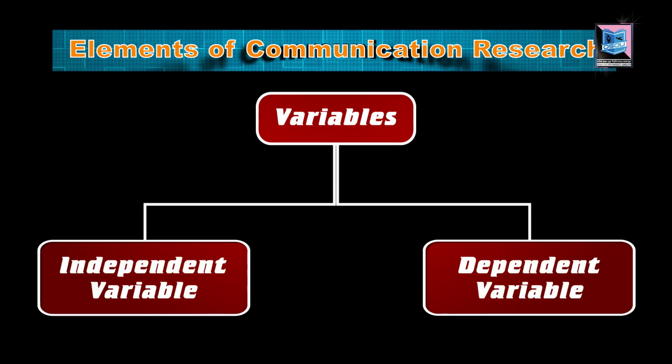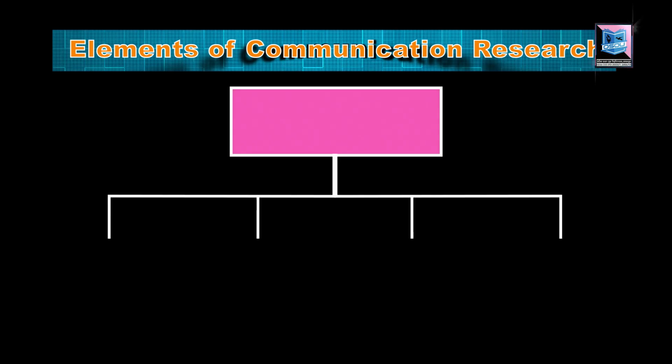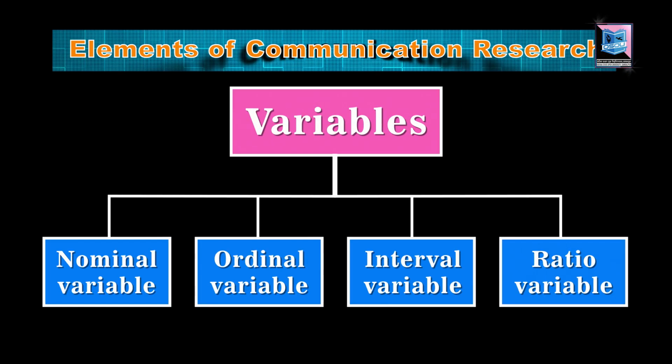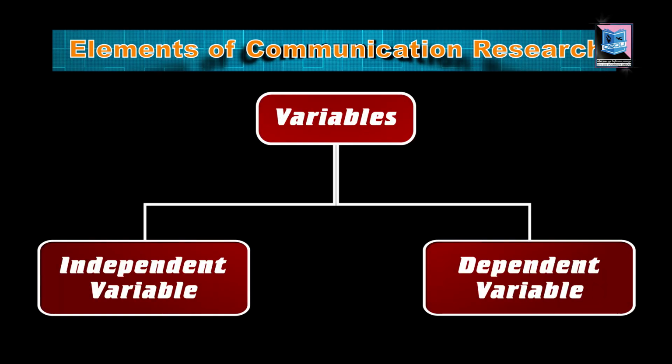Variables have broadly been classified as dependent variables and independent variables. There have been scholars who have differentiated variables as nominal variables, ordinal variables, ratio variables, and interval variables. We'll talk about the second distinction later on, maybe in some other lesson. Two broad variables which every researcher needs to know about are the dependent variables and independent variables. Let us consider, for instance, an example.